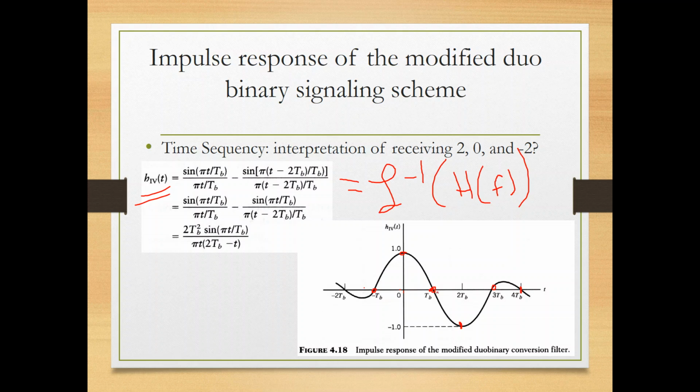What do you do? You just link these points with each other. You got the curve. If I tell you to draw the time response, this is the math you get from the inverse Fourier transform,